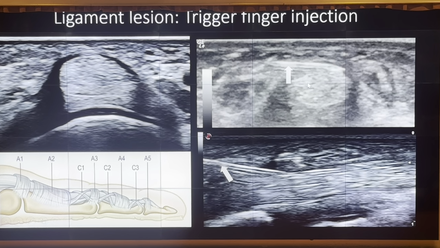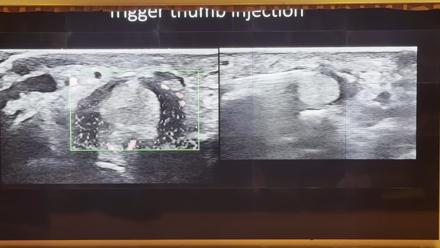You can use the in-plane approach from the proximal to the distal or from the distal to the proximal. It's okay, that depends on you. For example, you can see you should turn up the power Doppler and you can find the hyperemia around the annular ligament, and then I like to perform the